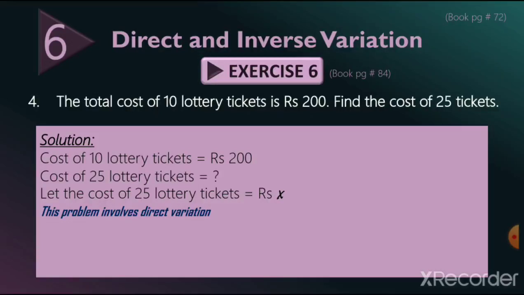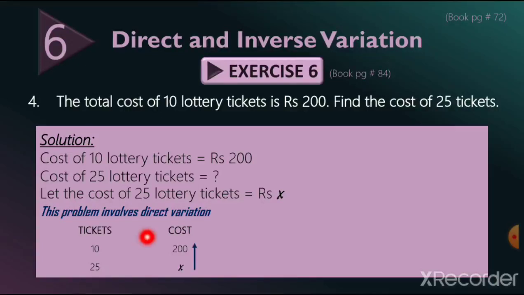Okay, now we are going to make a table for tickets and cost separately. So we are mentioning for 10 tickets cost is 200 and for 25 tickets cost is x, means we have to find the cost for 25 tickets. Now as I have told you, you have to put the arrows with each value, with cost and with tickets, with each term you have to place the arrows. But how will you place the arrows? First of all, we will place the arrow with the variable value like this.